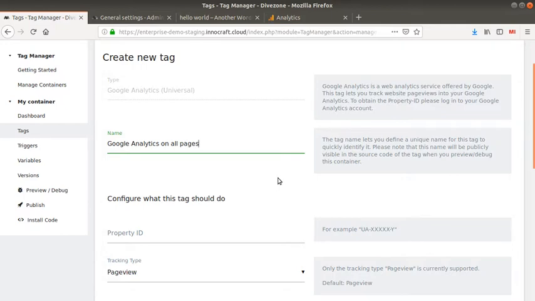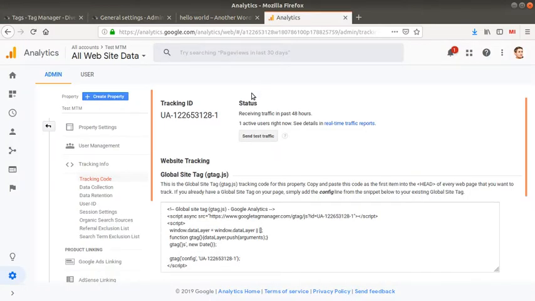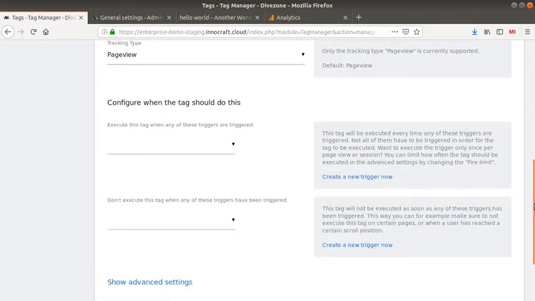Then if you go down below, you will see that the tag is asking you some questions. Here we would like to know what the property ID is. What Matomo Tag Manager is trying to say here is, please tell me where I should send the data to. So you need to go within your third-party vendor platform, where you have the tracking ID, and just copy and paste it up here. Now you can choose what kind of tracking type you would like to trigger. In my case, it's going to be the page view.